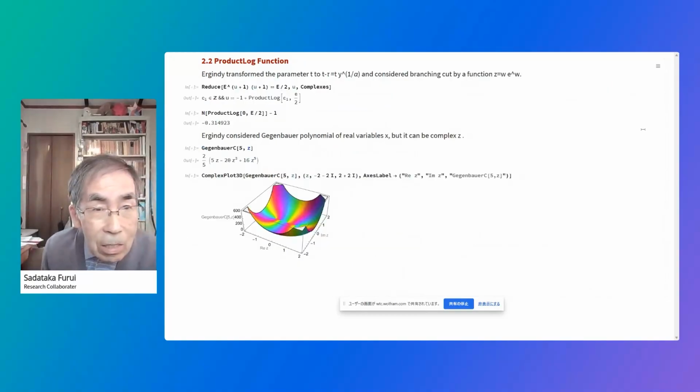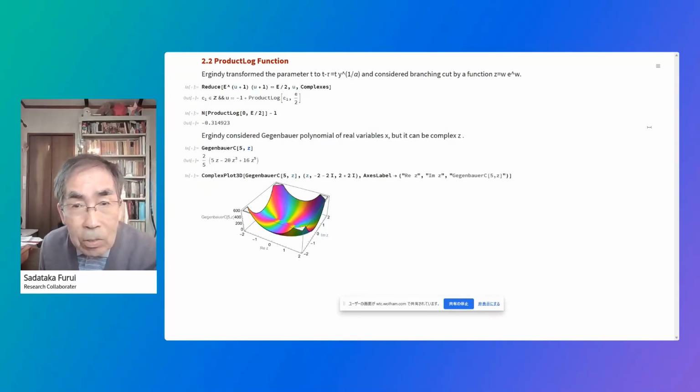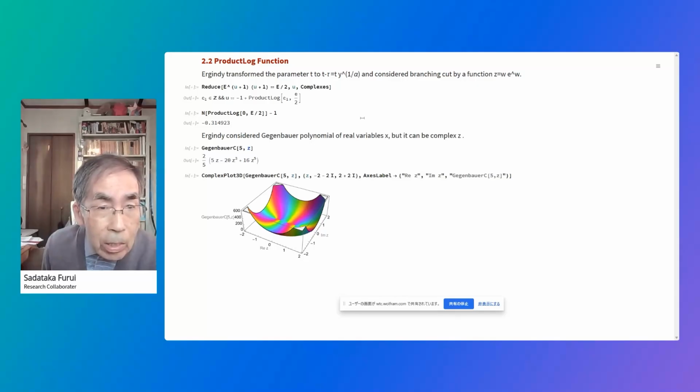So Elgingi transformed the parameter t to t minus tau equal t y to the 1 over alpha, and considered the branching cut by a function z equal w e to the w, and we reduce e to the u plus 1 times u plus 1 equal to 1 to e over 2, and we obtain the solution u equals -1 plus product log 1 over e over 2, and the product of 0 e over 2 minus 1 equal to minus 0.314923, and Elgingi